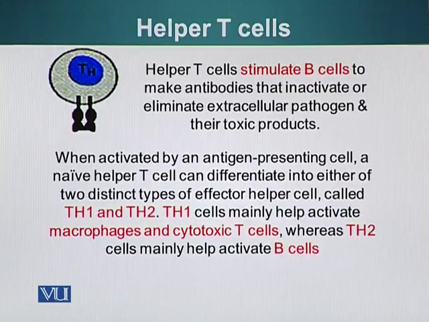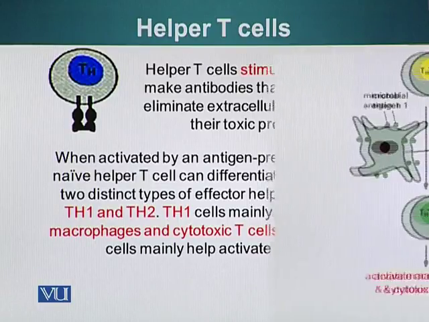When activated by an antigen presenting cell, a naive helper T cell can differentiate into two different types of effector helper T cells called Th1 and Th2. Th1 cells mainly help activate macrophages and cytotoxic T cells, whereas helper T cells type 2, Th2 cells, mainly activate B cells. And what determines whether it will be type 1 or type 2? It is determined by the nature of the peptide fragment that the antigen presenting cell exposed the